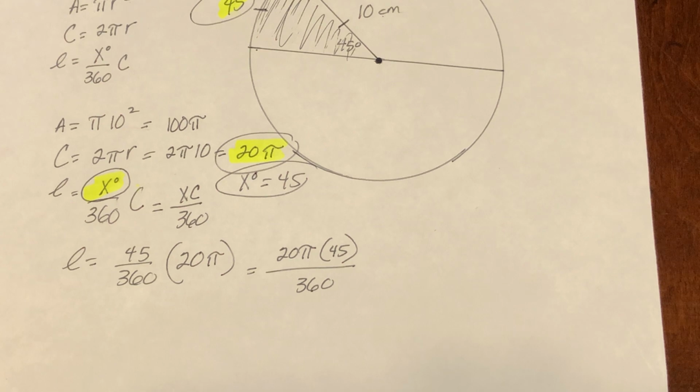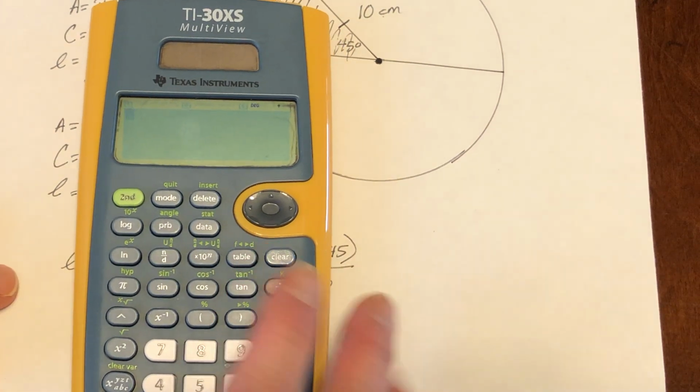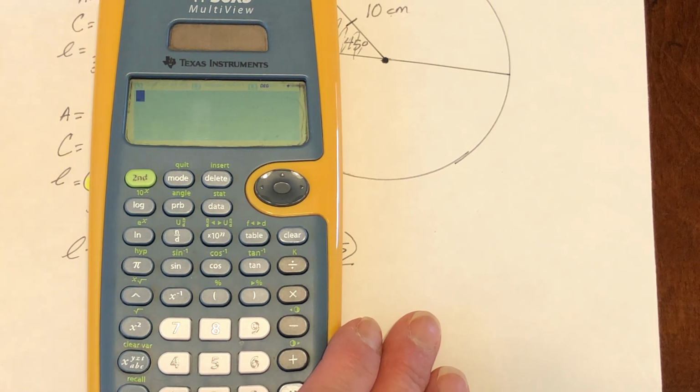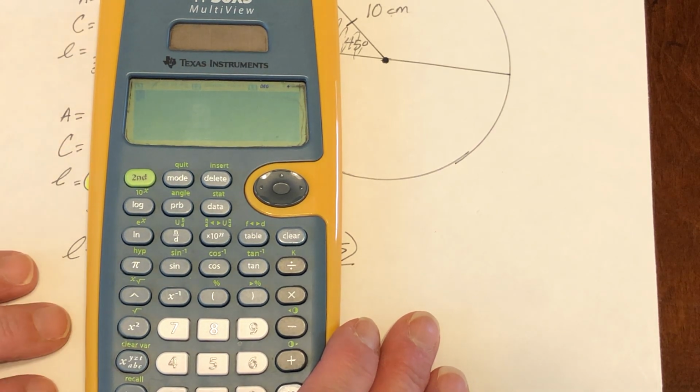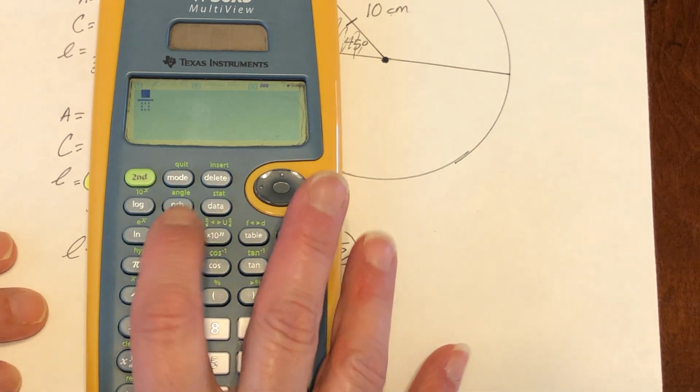Now, if you don't have the calculator that I had suggested that you get in the beginning of the year, you can use any other calculator. You can use the calculator on your phone. It might not leave it in terms of pi. So for the majority of the work that we're going to do, I will push the double arrow button and show you what you get. So N over D button,